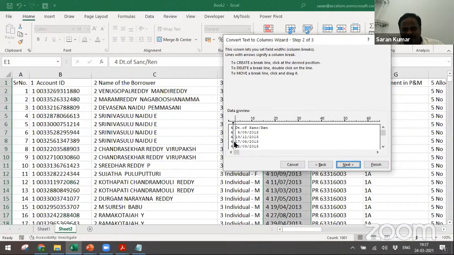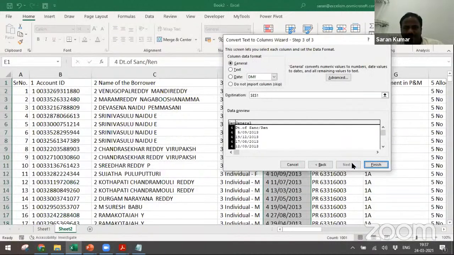I want to eliminate two columns, then go to the next, then don't press enter, because once you enter, this splits into two columns, and the second column already has values, so it's going to give you a message asking if you want to override. Don't import this column, you click this, that means this column will not get imported, just click finish.